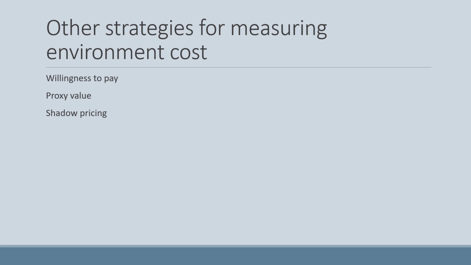Shadow pricing is commonly referred to as a monetary value assigned to currently unknowable or difficult to calculate costs. We use it in a cost-benefit analysis where we can't quantify an item by a market price. It also typically is the maximum price that a business should be willing to pay for that. So it's almost your maximum value that you're willing to pay. Again, if you think back to that auction, where's your stopping point? The value may not be that, or if it's intrinsic, you might be willing to spend more than market value, but there's going to be a point where you don't want to go past.